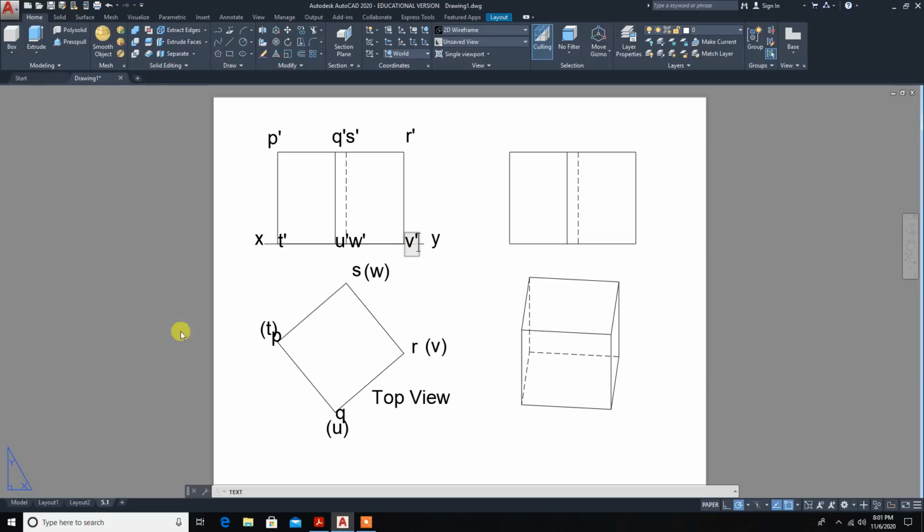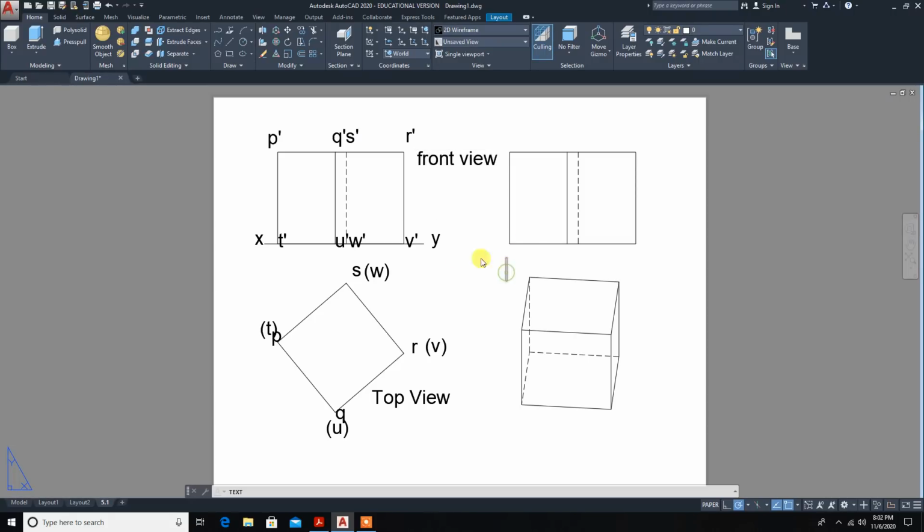So these are the namings of this, and this one is the front view. These two views are not mandatory for this question.